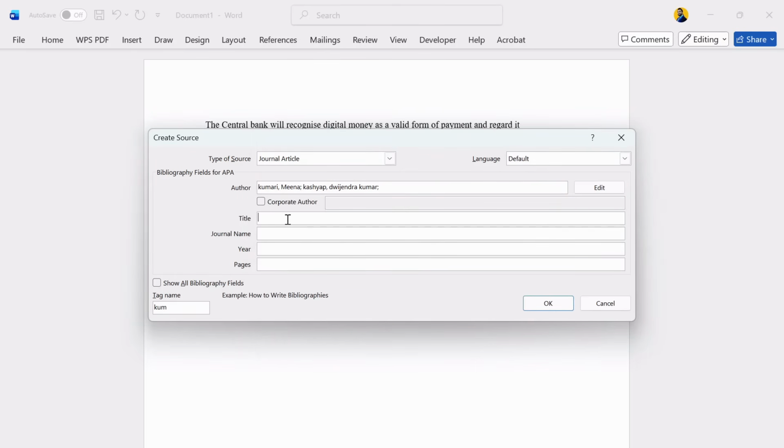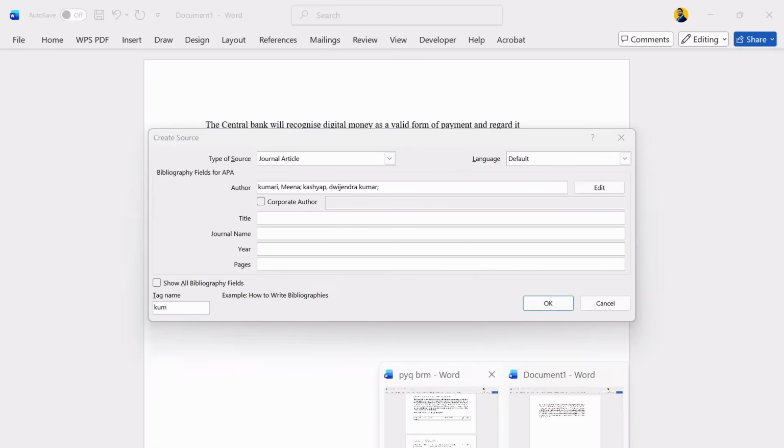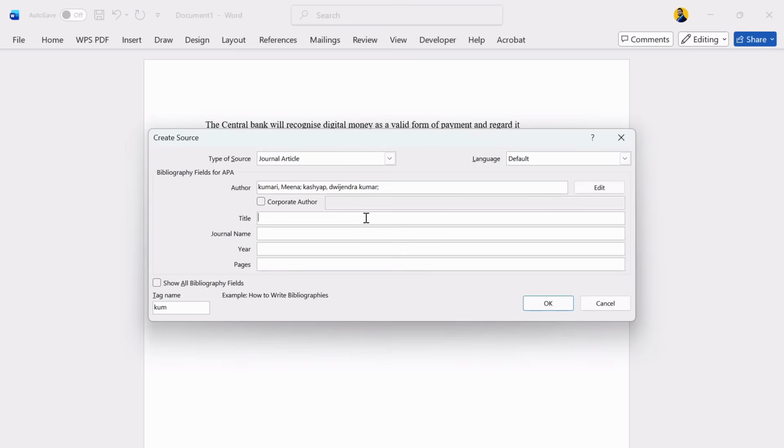The title of the paper is given to us as you can see, Central Bank, this one particular data. So Central Bank, I will write down here. Make sure you type the data using the same kind of format, font size and all. If it is in caps lock, go for caps lock. If it is a combination of both, go in a similar way. Right. So I'm just writing this, currency, and then we have